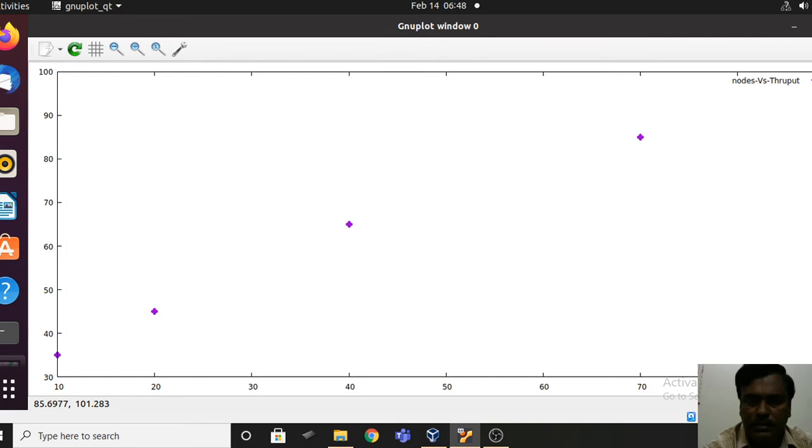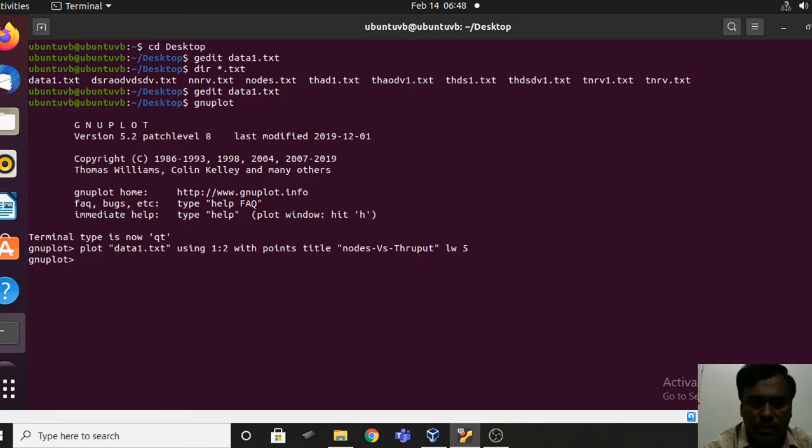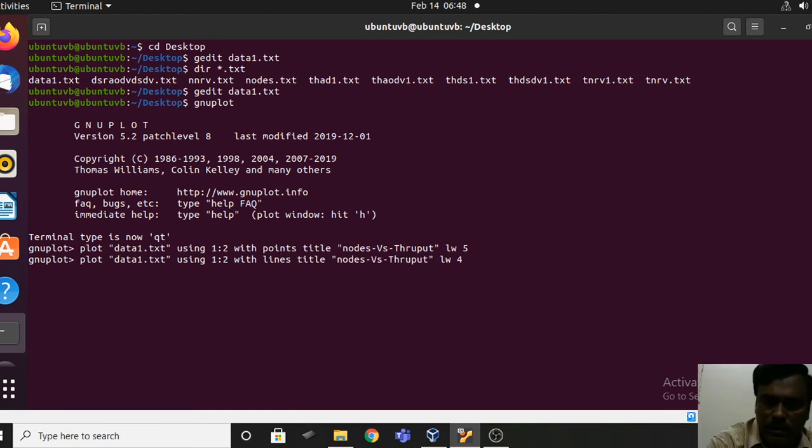In a similar fashion, if you want to change these values, say line width as 4 or 3, any value, and this time instead of points, if I wanted to plot the graph using lines, then you can change the points to lines, so that in terms of lines you can get a graph.